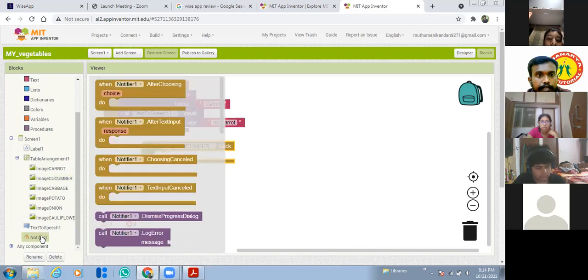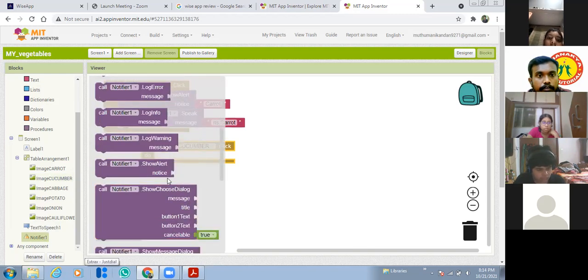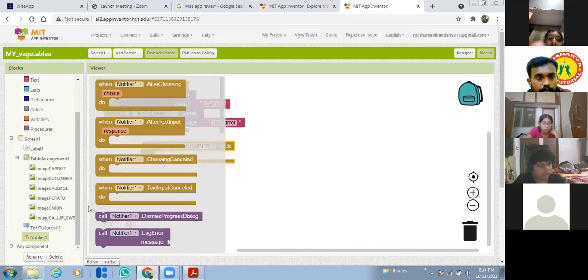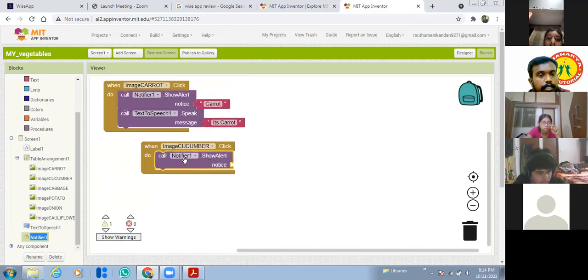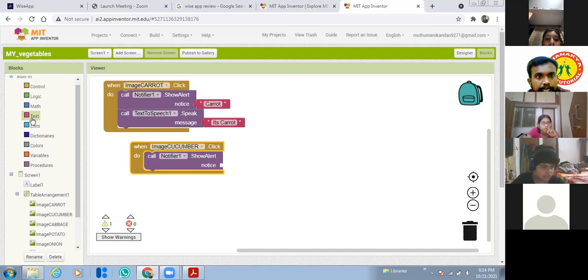Just go to notifier and take call notifier to show alert. Just scroll down. Make sure these two components are added in the designer, then only you can see them here. So notifier, scroll down and take this call notifier to show alert. This show alert command you should use. And in the message, just scroll up and click text.